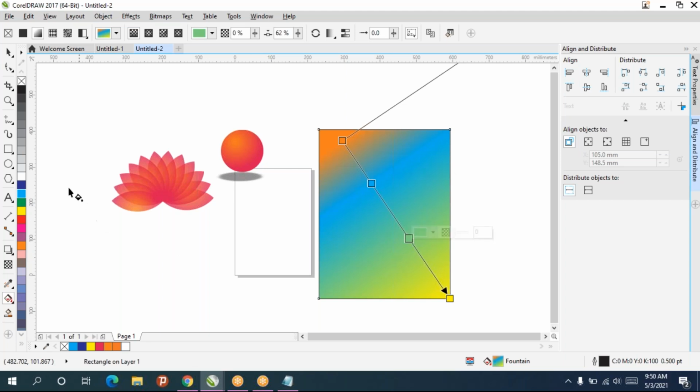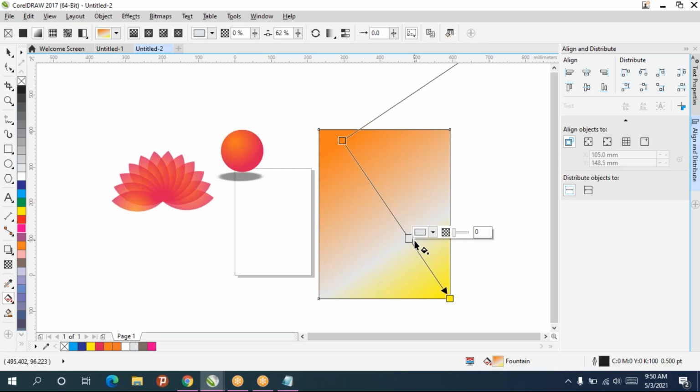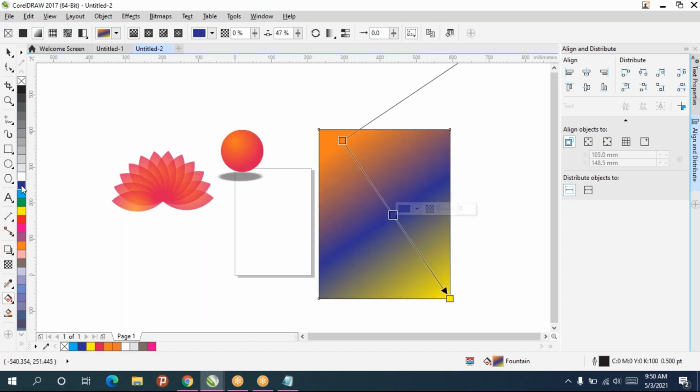So how much you want, that much you can create. And if you don't want, just double click on the box, it will get automatically removed. So double click on the line to add color, and double click on the box to remove the color.